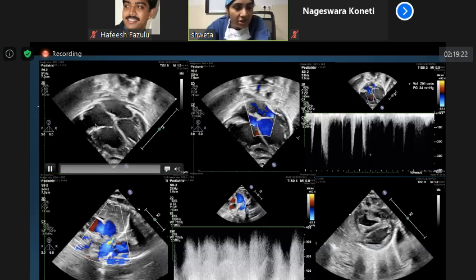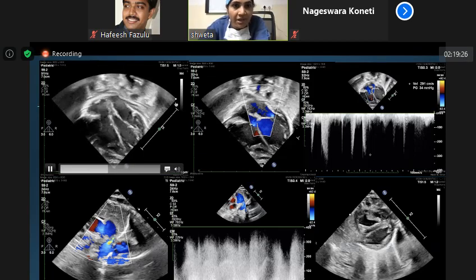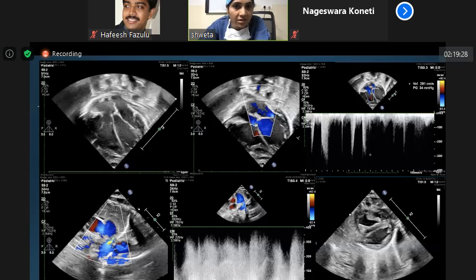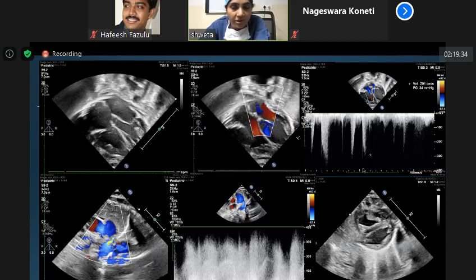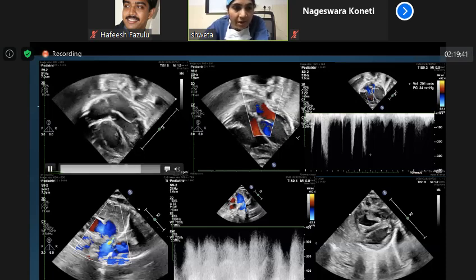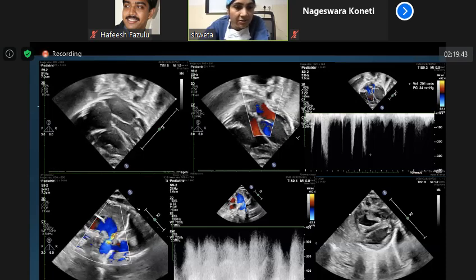So the same injection was given, no other medicine, no sildenafil, Lasix, nothing was given, and now this is the baby's heart. So the foramen has become left to right shunt. TR, we cannot Doppler it correctly now because the function is totally normalized. The quantification of TR has reduced. It is only mild now. And look at the duct. The duct is left to right now.